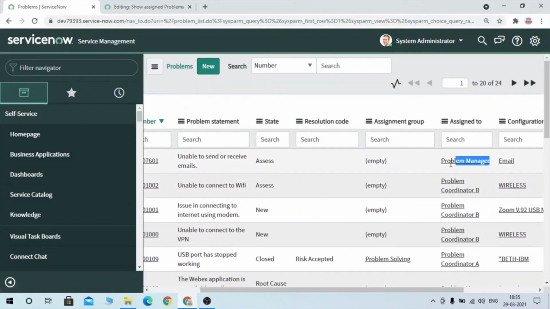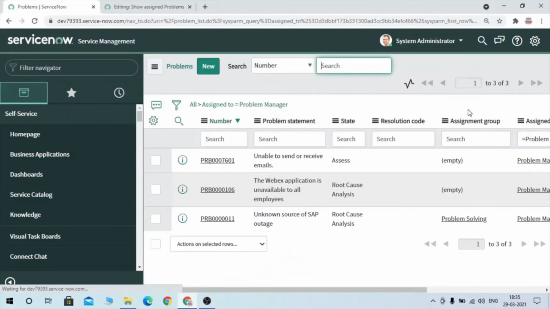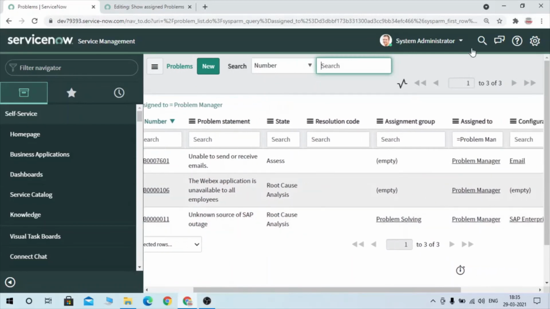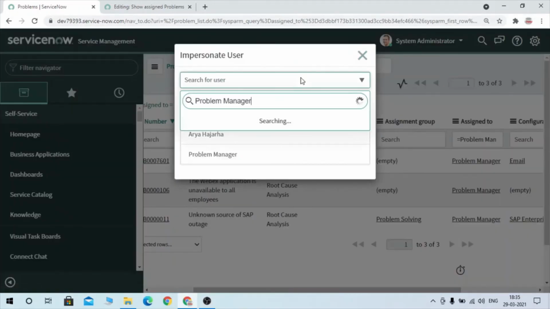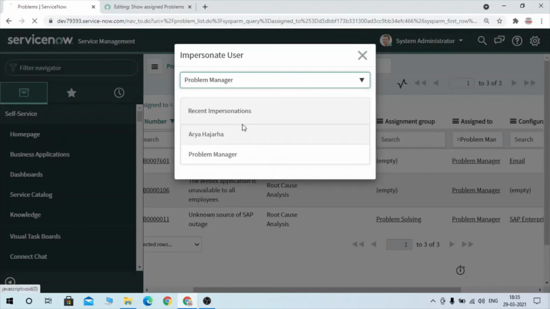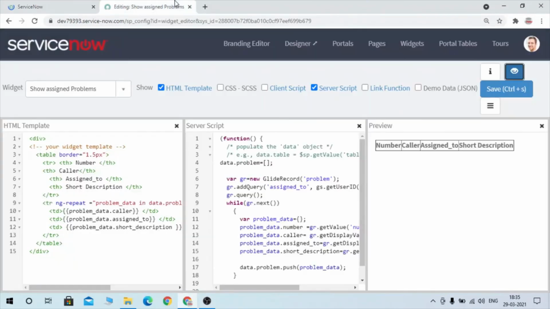So let's try to impersonate this problem manager. Let's see how many records have been assigned to him. Okay, so there are three problems assigned to him. So I'm impersonating problem manager. Okay, and refresh it.